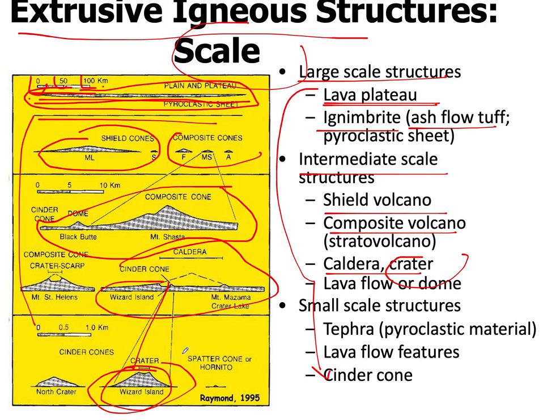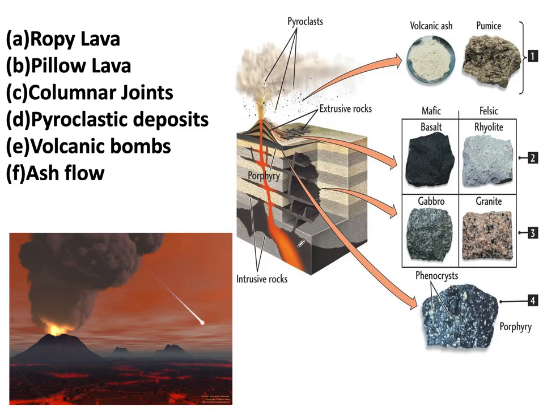Okay, so these are the cinder cones. Crater is an example of cinder cones. Okay, we will learn that, but this is a complete overlook. Okay, so the famous extrusive bodies are ropy lava,